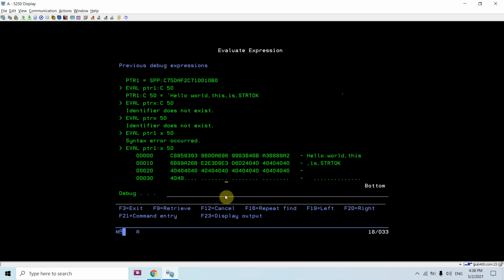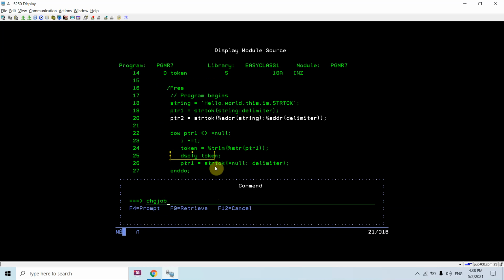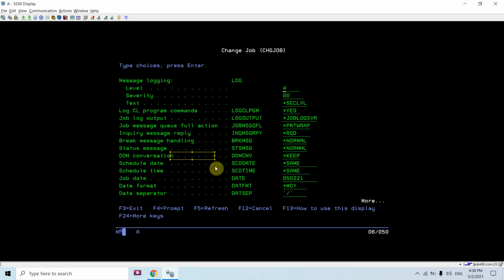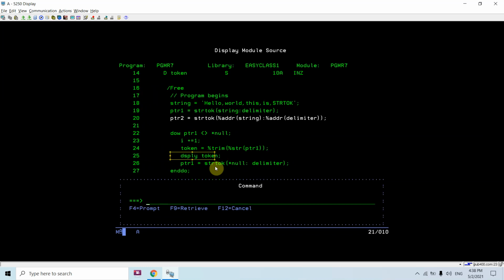Just let me tell you one more thing: the CCSID for this session is 273. Whenever you're checking the CCSIDs, you would first set the 273 CCSID, then check the EBCDIC hex value for them, because IBM i works on the EBCDIC encoding.